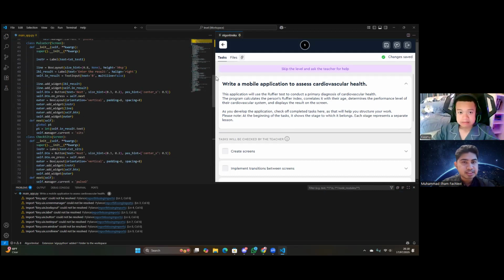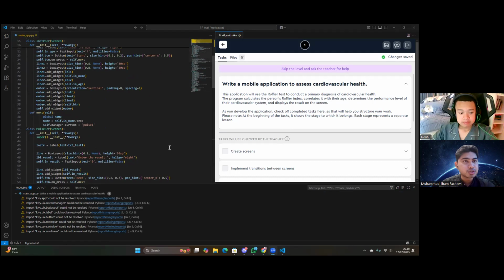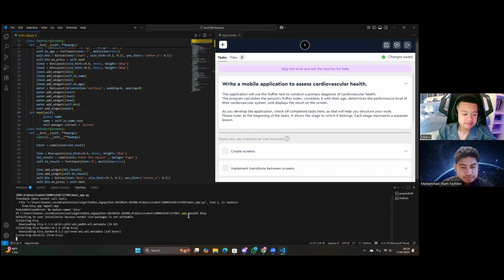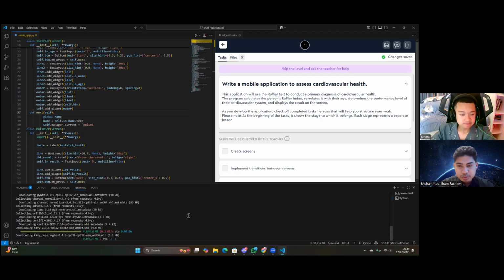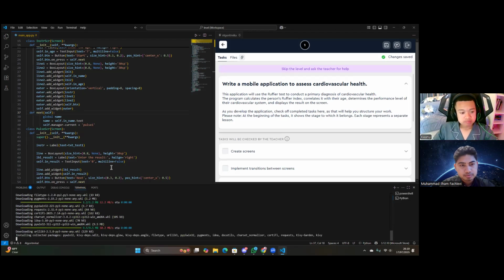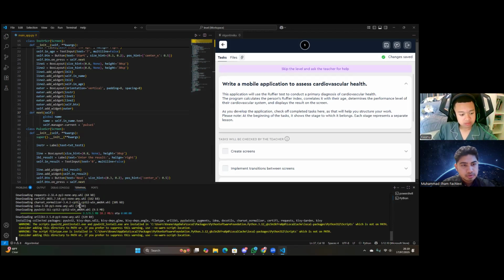We will try to solve this, but first you need to run this. No module. It's all right. Okay, so we need to use pip install easy. Enter. Just wait for this. Okay, a warning, blah, blah.